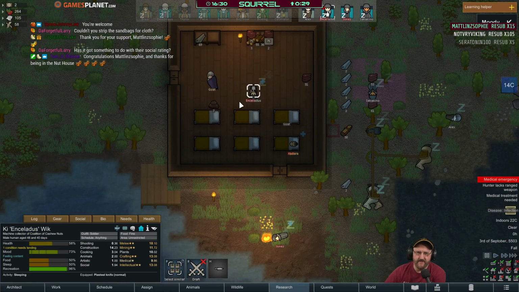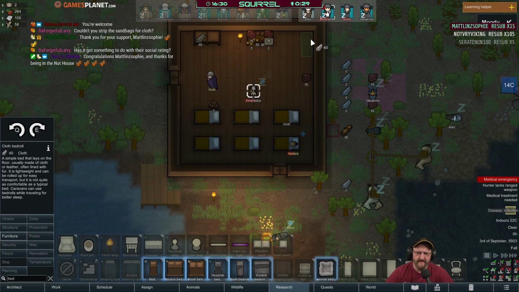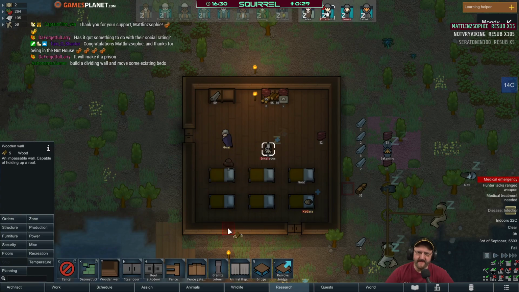So the problem with this is there's no actual medical bed for him to rest in. I guess we can put a bedroll down, can't we? Can make a cloth bedroll bed easily enough. Unfortunately, I think there'll be a prison. That won't be a med. I think it'll automatically make it a prison one, won't it? Because of where they are. Kind of want to wall this off a little bit. If we wall it off with its own thing...